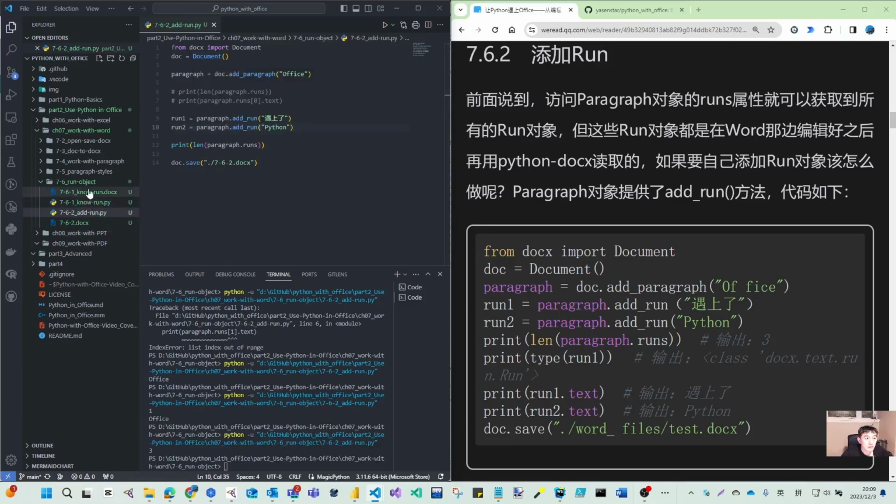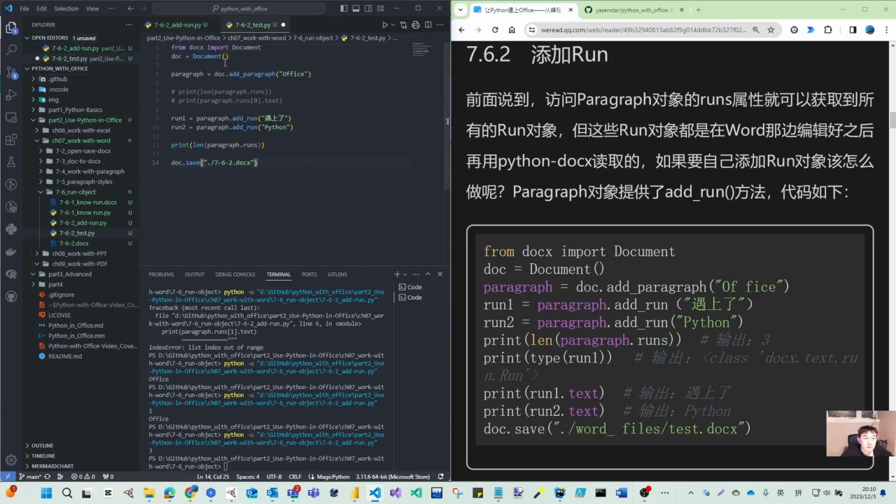Let me make another file. Test. So I want to load this. And I don't want all of them. I just wanted to, okay, paragraph is